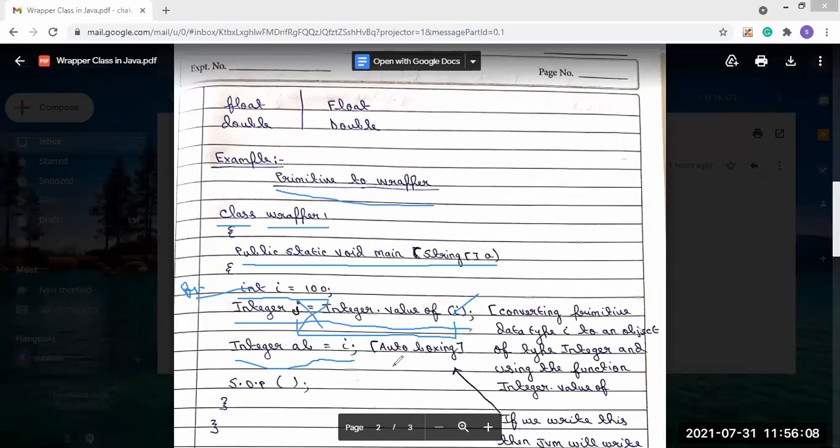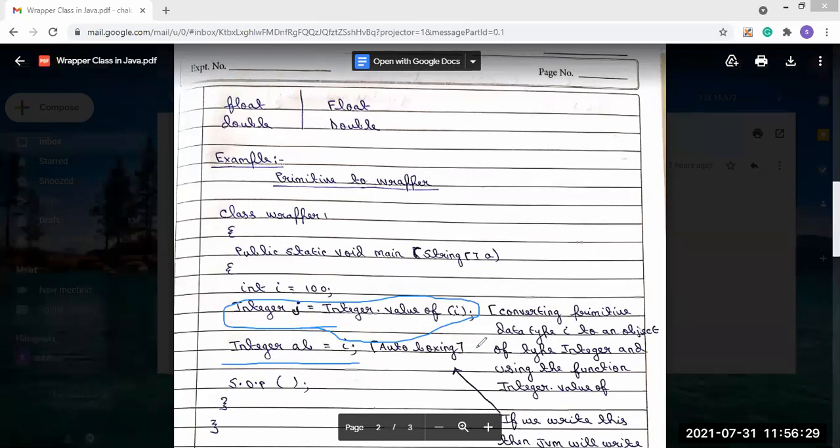Now if we write this directly, the JVM will do the thing which we have done here explicitly. If we write only Integer ab = i, then the JVM will internally perform this operation.